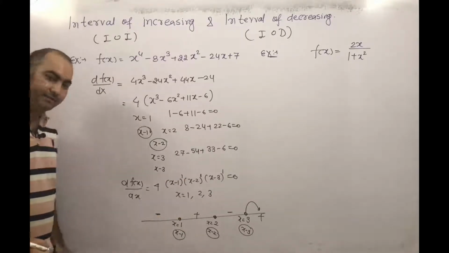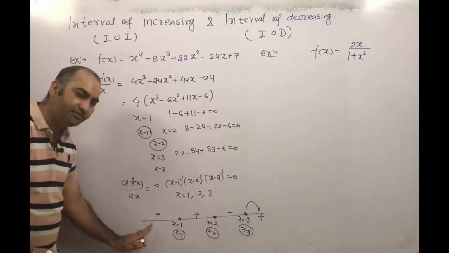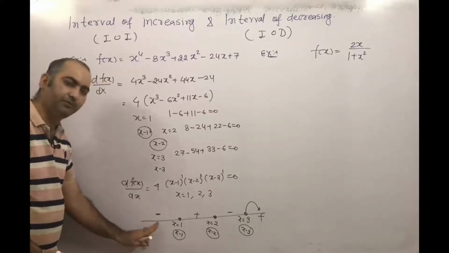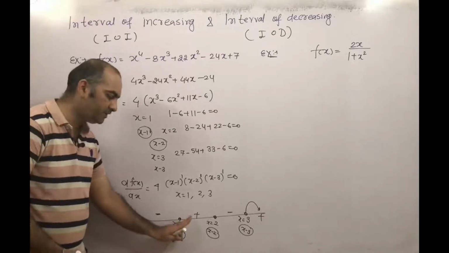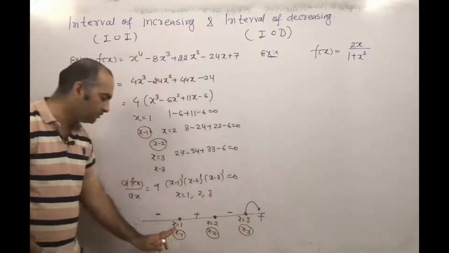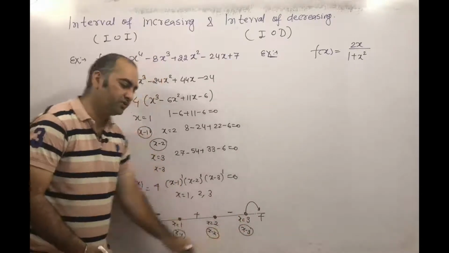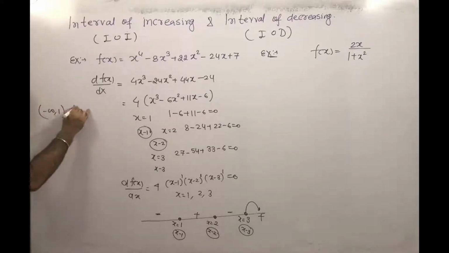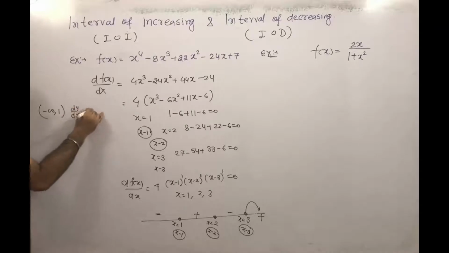So you can see here, from minus infinity to 1, d of f(x) divided by dx is negative. Differentiation is negative here, positive in this one, negative in this one, positive in this one. And it is equal to 0 at this point, this point, and this point. So we can say that from minus infinity to 1, dy by dx is less than 0, so the function is strictly decreasing, or we can say a decreasing function.